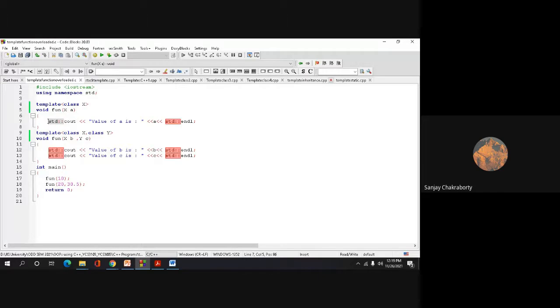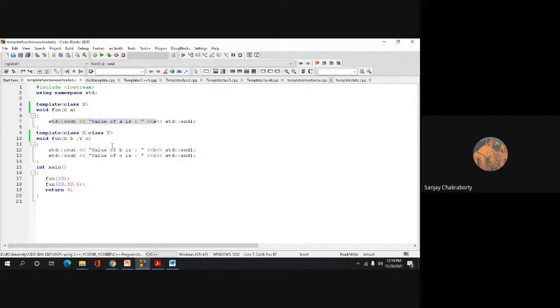So you can either give only cout, or you can give std::cout, the same thing. That means cout is an object of the standard library header file. So it will actually be called from outside of this header file by using the scope resolution operator. So std::cout, right? Now within this we have printed the variable which we have passed as an argument of this function call within the definition of a function template. So a is an argument, we have passed that argument through this call, and it will print here.